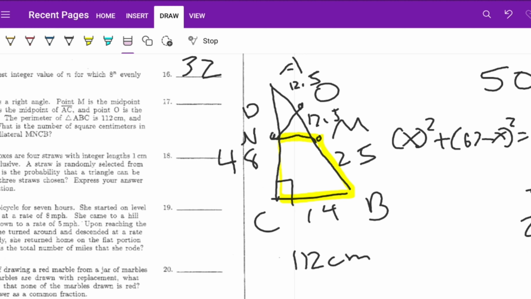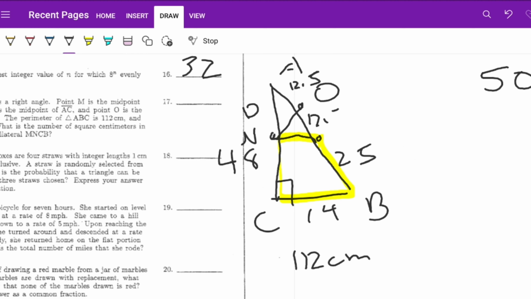And not all the time will it be so easy like that. And this works all the time. But if you memorize your Pythagorean triples, you wouldn't need to do that step, and it will be a little bit easier, assuming that it is a special right triangle. And to find the area of this weird looking shape, there's two methods. The first method is to recognize that this is a